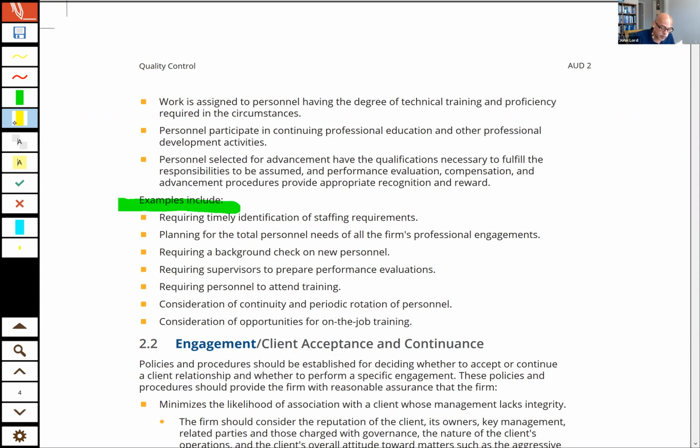specific types of activities, such as requiring timely identification of staffing needs. You know, you don't want to rush out there the night before you need more staff, because then it doesn't give you the proper time and resources you need to vet individuals that you're bringing into the firm. So timely identification of staffing requirements, planning for the total personnel needs of the firm, requiring background check on new